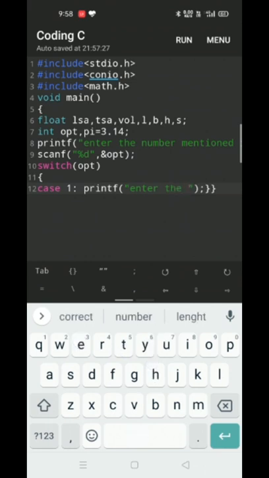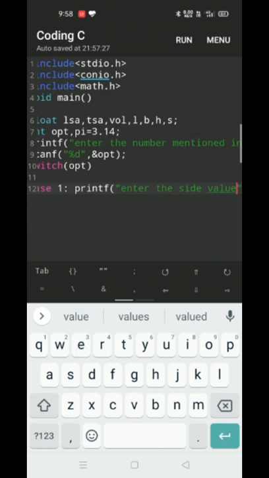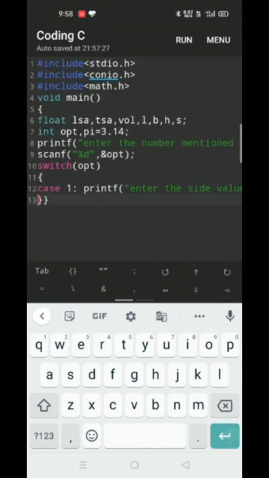So we are typing, enter the side value, and then the entered side value should get read.